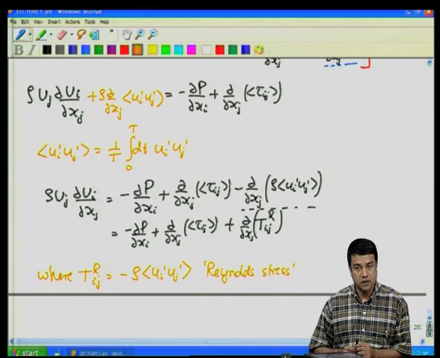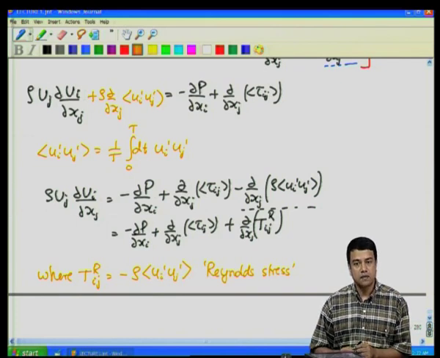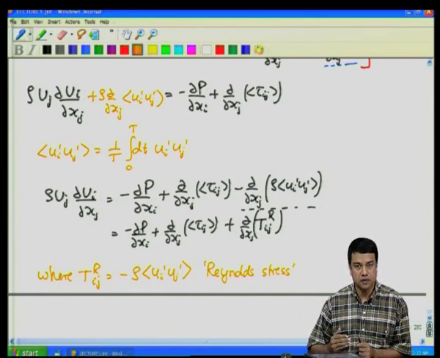And of course, as I said, in a turbulent flow in channels and pipes and so on, the friction factor is much higher than what you would expect for a laminar flow. The friction factor for a laminar flow is what is expected from molecular diffusion. So if the friction factor is much higher, that means that the dominant contribution to diffusion in a turbulent flow is due to this eddy diffusion, or the Reynolds stress tensor is much larger than the fluid molecular stress tensor.